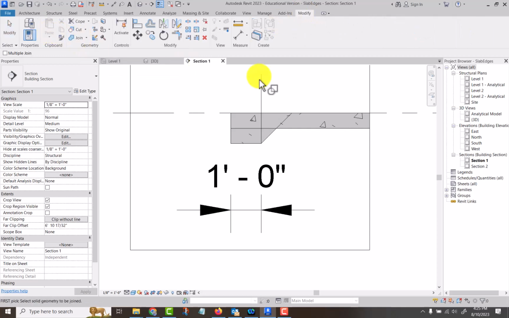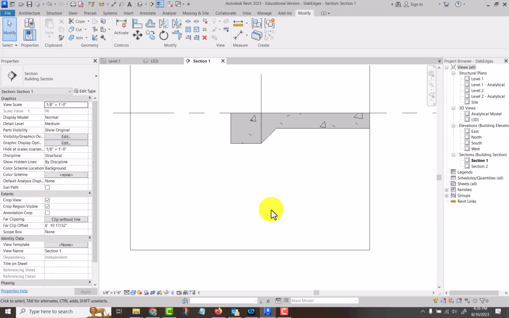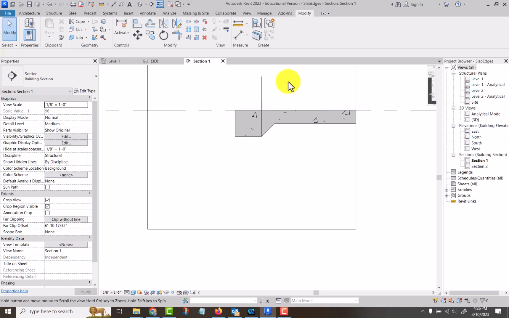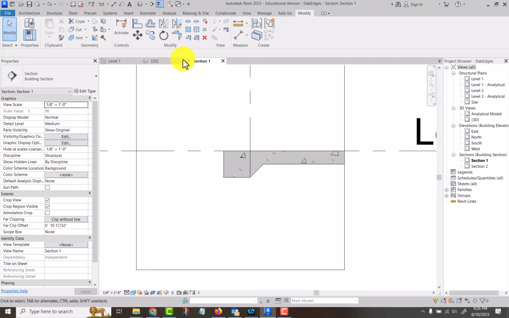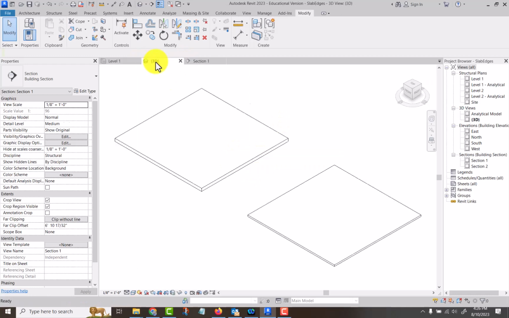join, and we select our floor and our turn down, and it joins them together. Okay, that's a grid line, so don't freak out about that. And so now those are joined together. So if I go to my 3D view,